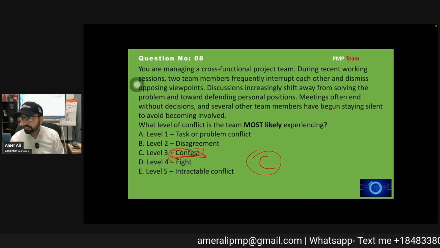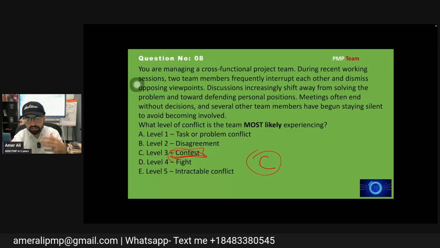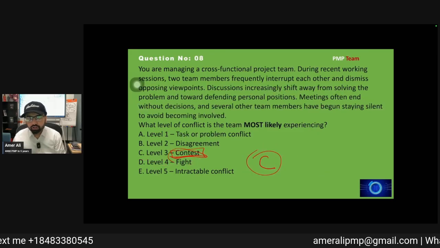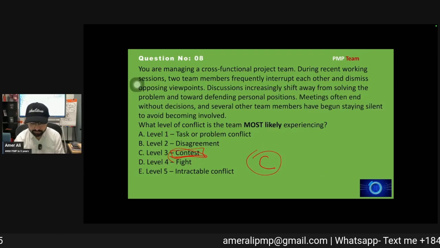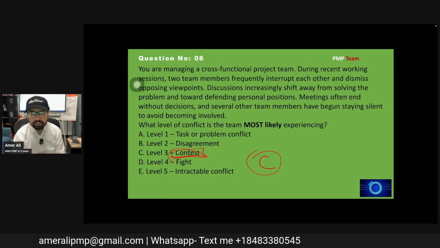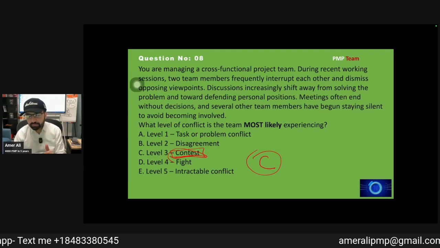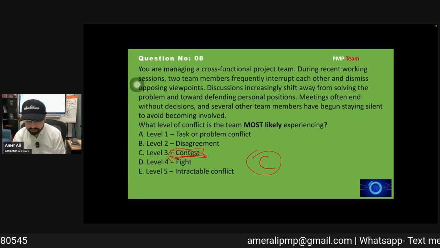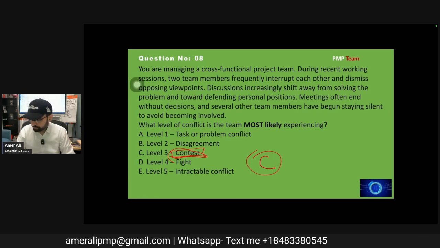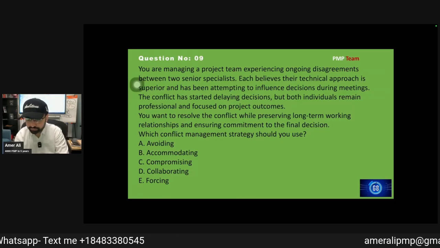This is level 3. Now we are defending each other's position. We are trying to make them wrong. Is that clear to everyone? Question 7 is level 4. Question 8 is level 3. That's a good question actually. Everyone is clear on that? The disagreement is in very small wording. Please put yes or no into that. Okay, thank you. Let's go to conflict management then.